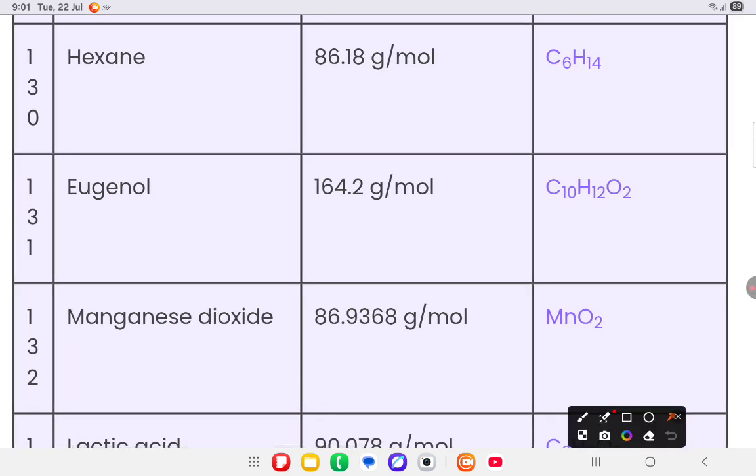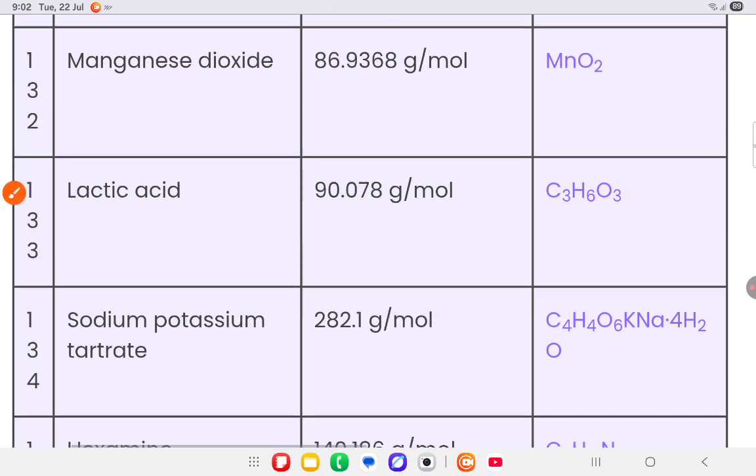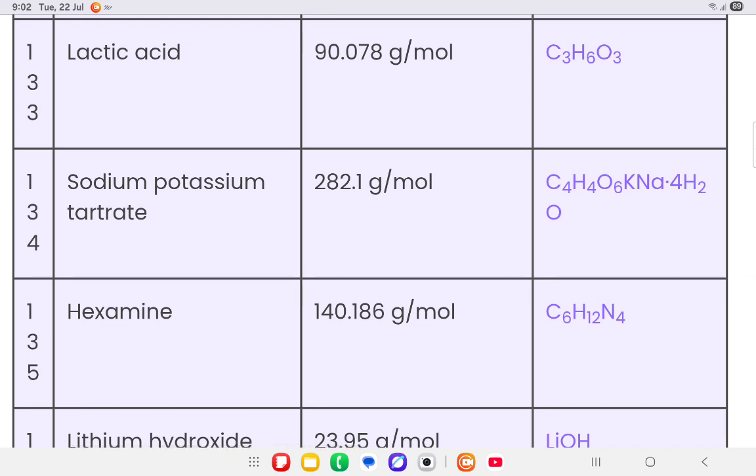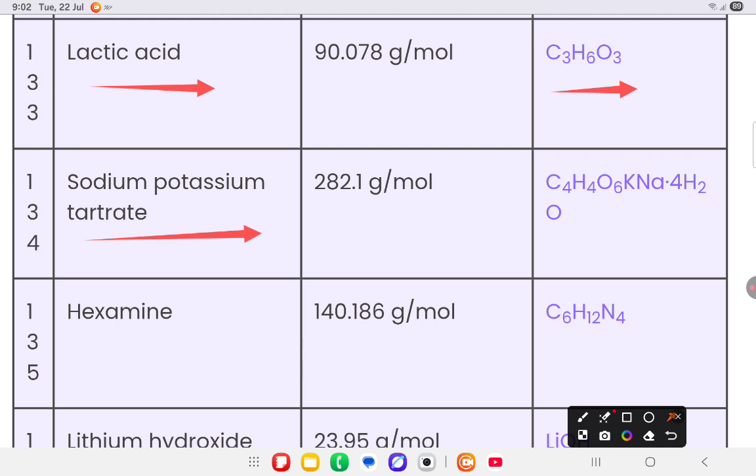Okay, hexane is C6H14. Eugenol, that is C10H12O2. Manganese dioxide MnO2. Then lactic acid, that is C3H6O3, lactic acid. Okay, sodium potassium tartrate